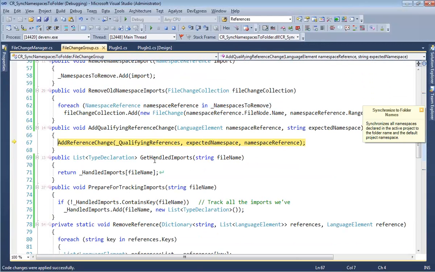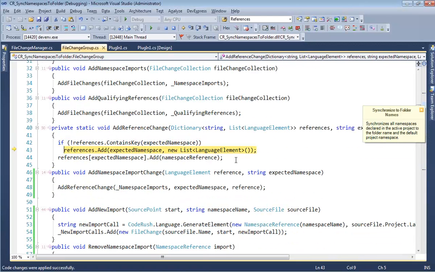Step inside of here. Add reference change. I'm passing in this field variable qualifying references. So we're going to change a reference in this method right here, and we're passing in the expected namespace, which is cars, as a string, and the namespace reference itself. So we go inside of here, and